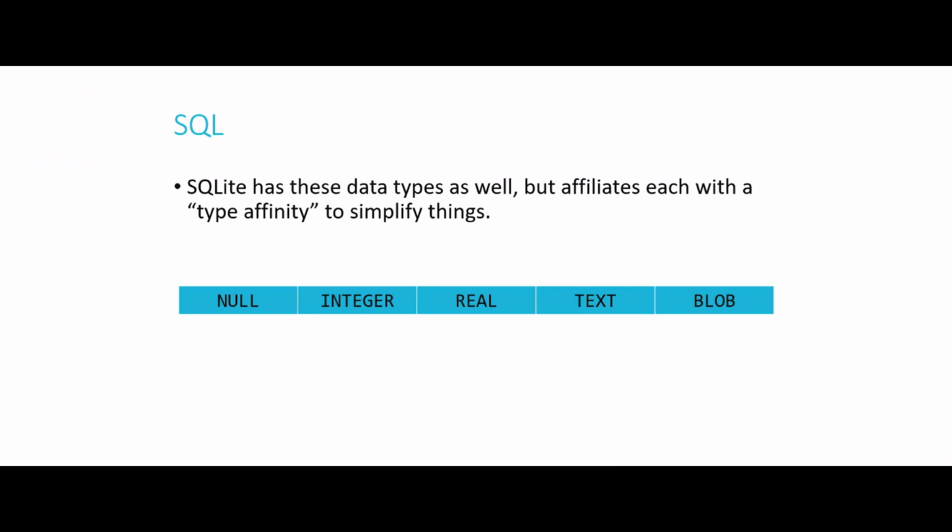We won't get into why you might want to use one or the other, but there are reasons why you might not always want to use a varchar, and you might want to use a char in some situations. Now, SQLite actually has many or all of these same data types, but the difference is that each of those data types is affiliated with what's called a type affinity to simplify things. So that whole list of 20, or more really, can be reduced to one of these 5 different affinities: null, integer, real, text, and blob.